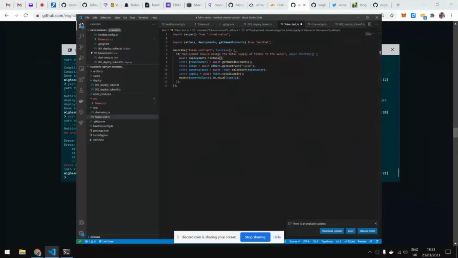There are a few reasons to do it. You could also do fixture without tags, and you will get basically the same result in most cases. In that case, you will deploy every script, going through all of them. But for optimization purposes, it's recommended to use tags.